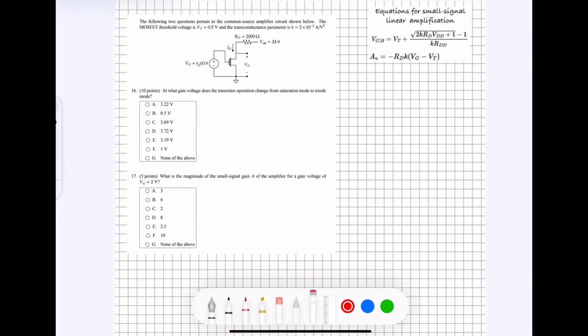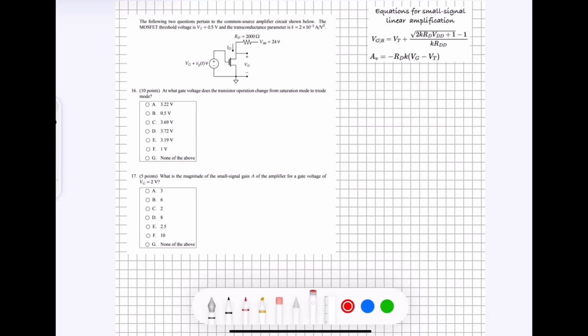The following two questions pertain to the common source amplifier circuits shown below. The MOSFET threshold voltage is Vt equal to 0.5 volts, and the transconductance parameter is K equal to 2 times 10 to the negative third amps per volt squared. All right, this